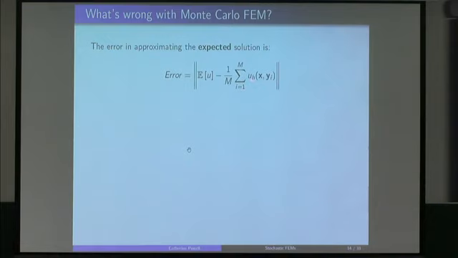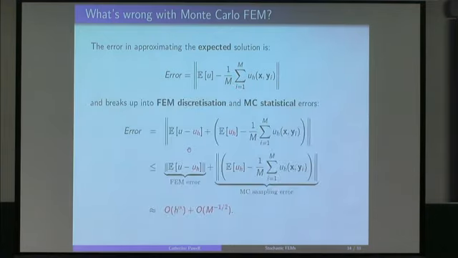So this is now not U evaluated at y_i, this is U_h evaluated at y_i. h is usually the notation we use to remind ourselves there's a mesh behind the scenes when we use a finite element code, and h is like the size of the elements that we've used. So small h means better accuracy in general. We do this M times, M is the number of samples, and we average, and this is our Monte Carlo finite element estimate for this quantity.